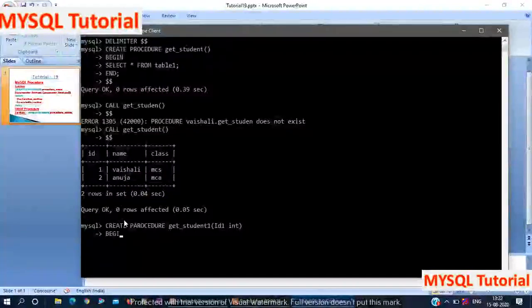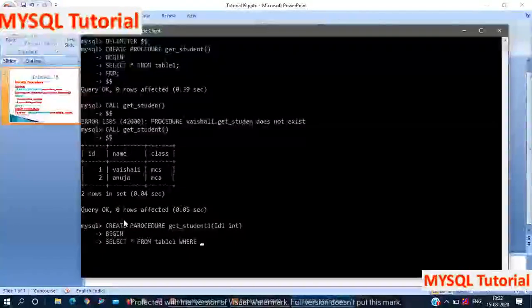Then same again begin. Then perform the query. Select star from table name, by specifying the condition where here we are matching the id. id equal to this id1.